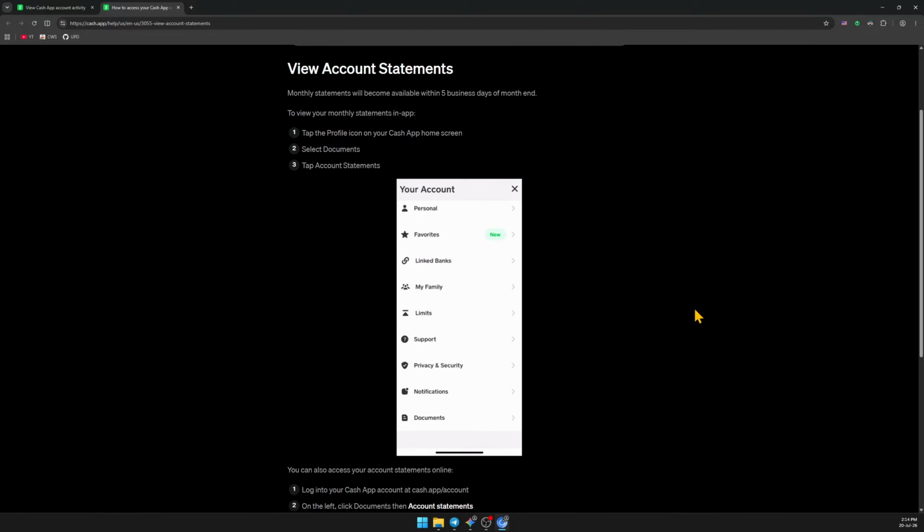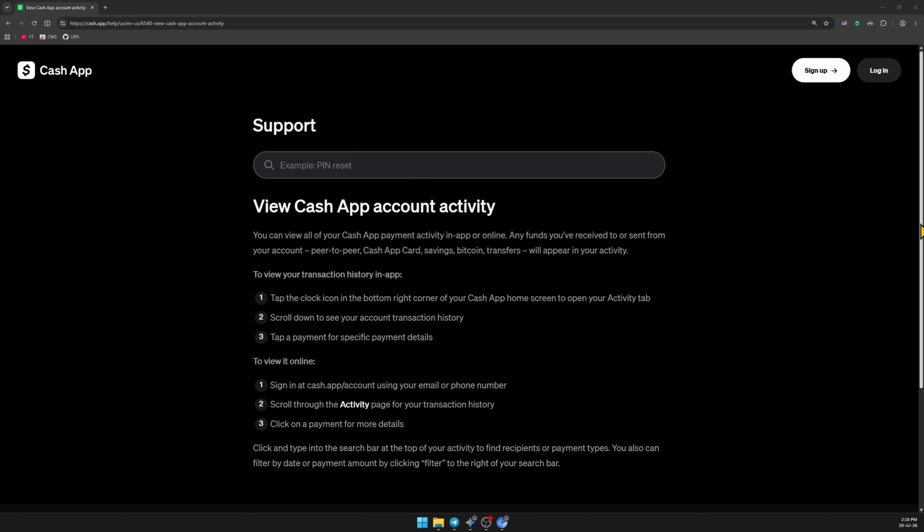It tracks peer-to-peer transfers, cash card purchases, savings goals, and crypto trades. If you need details on a specific payment, just tap directly on the transaction to view the digital receipt, timestamp,